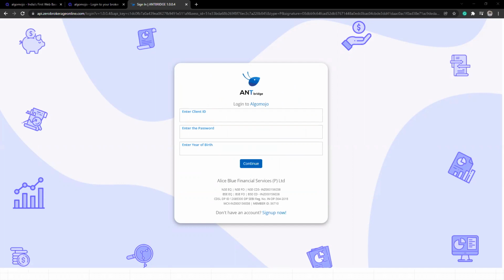So let me also quickly get my login ID and password over here. Once I log in, I'll be able to log into my trading application easily.